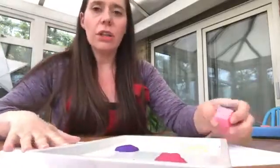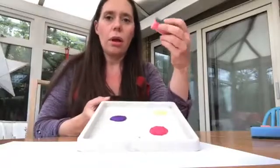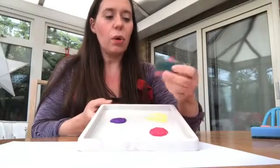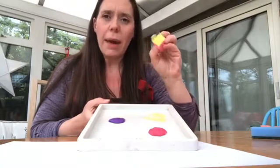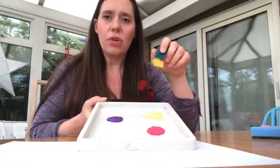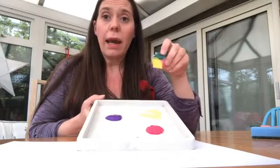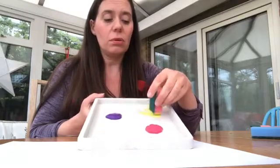Now we're going to start using the paint. I'm going to dab into the paint, and then I'm just going to dab to one side, because what we don't want to do is create lots of really wet paint. We want this to be quite dry and keep adding layers. If it's really wet, it just takes ages to dry. If you're struggling and you do lots of wet paint, you can actually use a hairdryer as well to help things along. I'm going to start with some yellow,